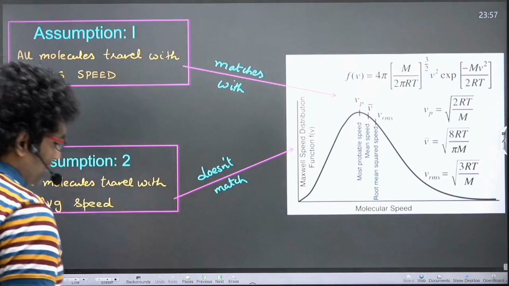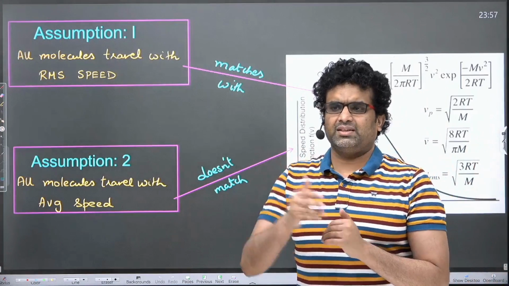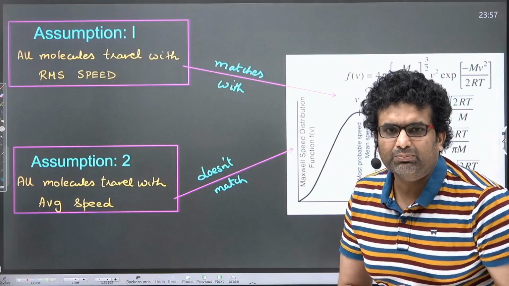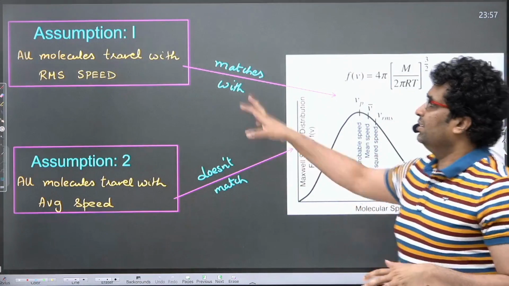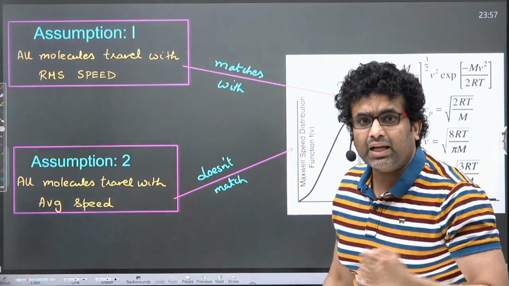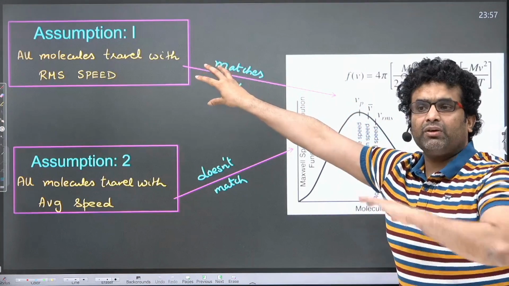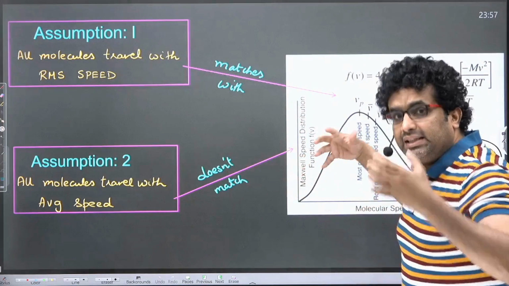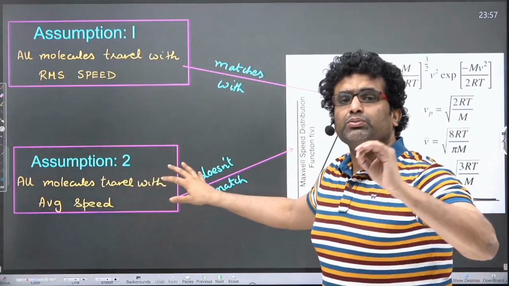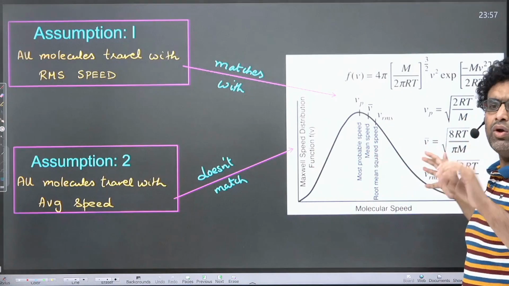I hope you have enjoyed the snippet, and in the end, at the last slide, because I had to cut some part, let me clarify something very important just in case you missed that part of the communication. When I said assumption 1, where all the particles move with RMS speed, is going to match with Maxwellian distribution, I meant the usage of RMS speed for all molecules will match with the energy analysis of Maxwellian distribution. Whereas assumption 2, with all molecules moving with average speed, if you take that assumption, the energy analysis of this model will not be able to match.